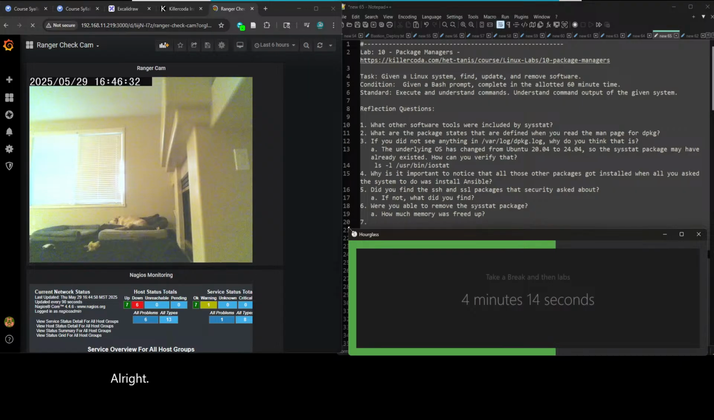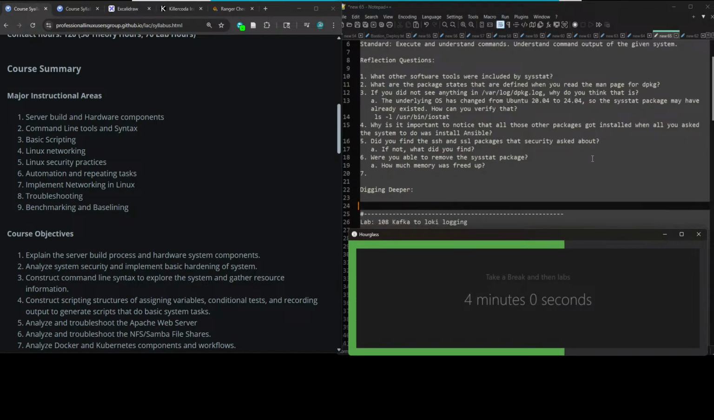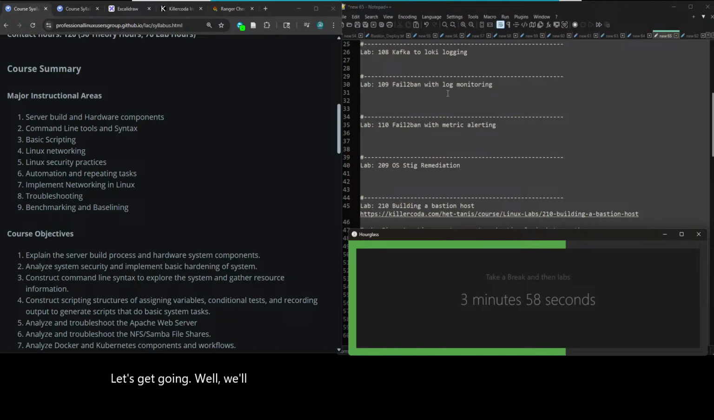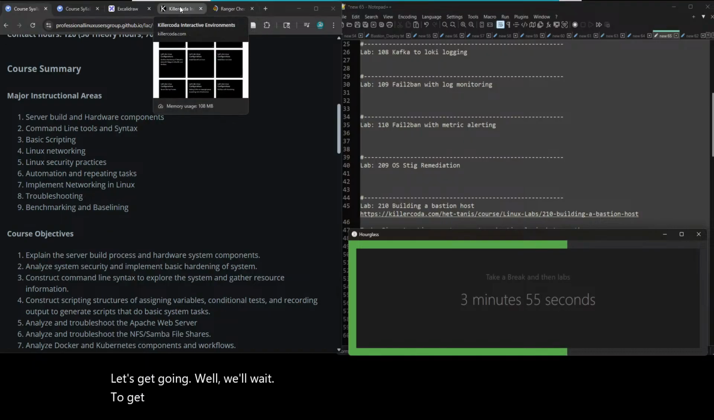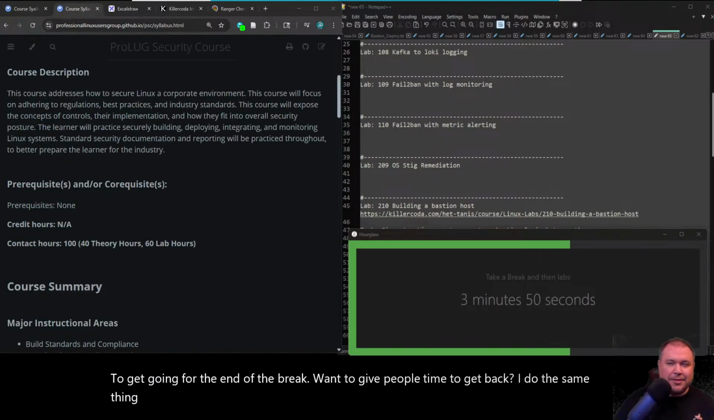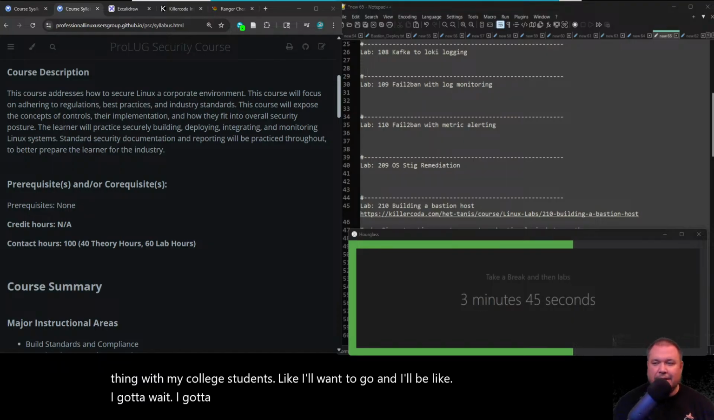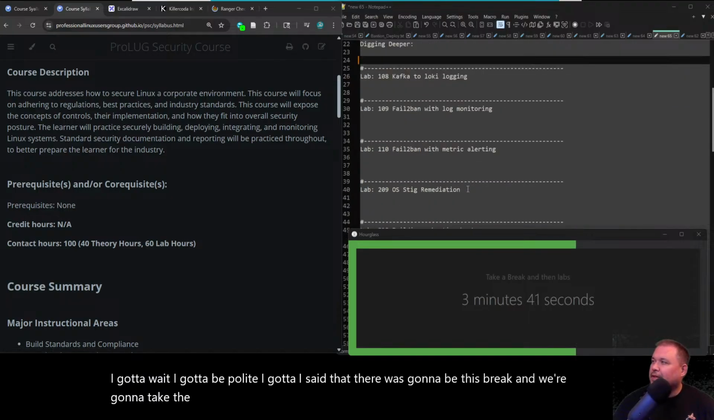Back. Got more water bottles. Let's get going. Well, we'll wait to get going for the end of the break. We want to give people time to get back. You know, I do the same thing with my college students. Like I'll want to go and I'll be like, well, I gotta wait. I gotta be polite. I said that there was going to be this break and we're going to take the break, and then